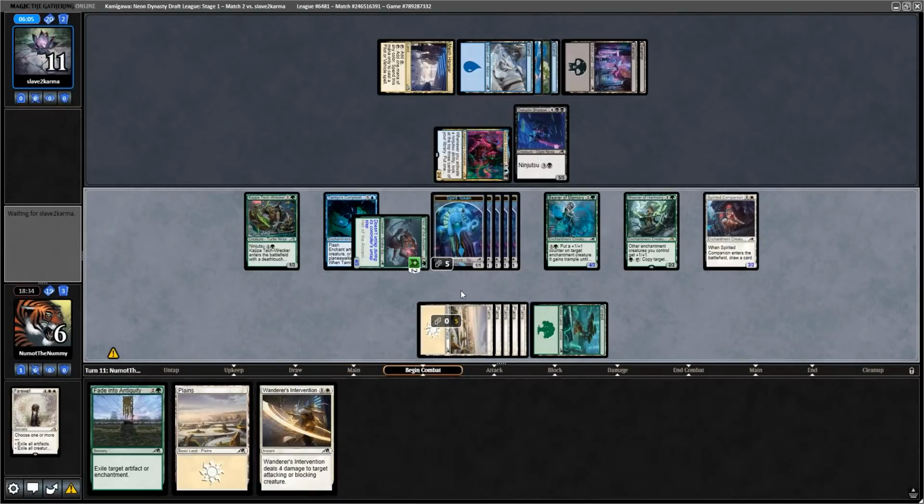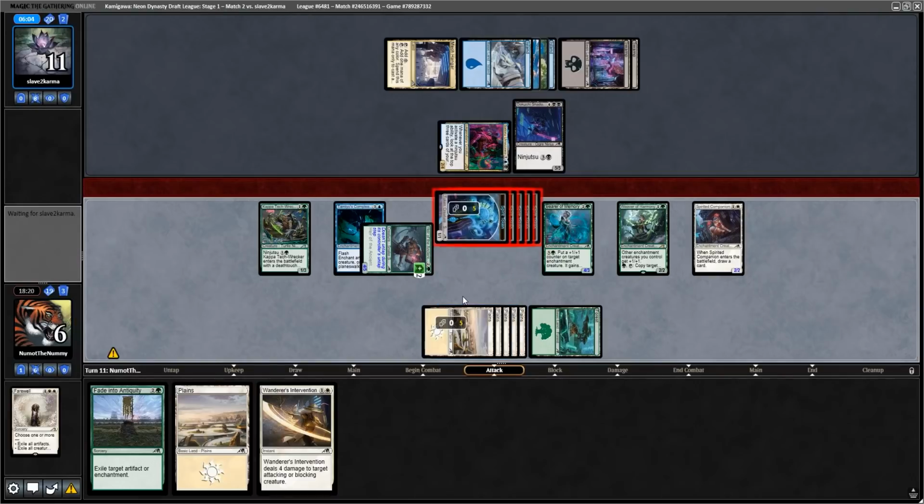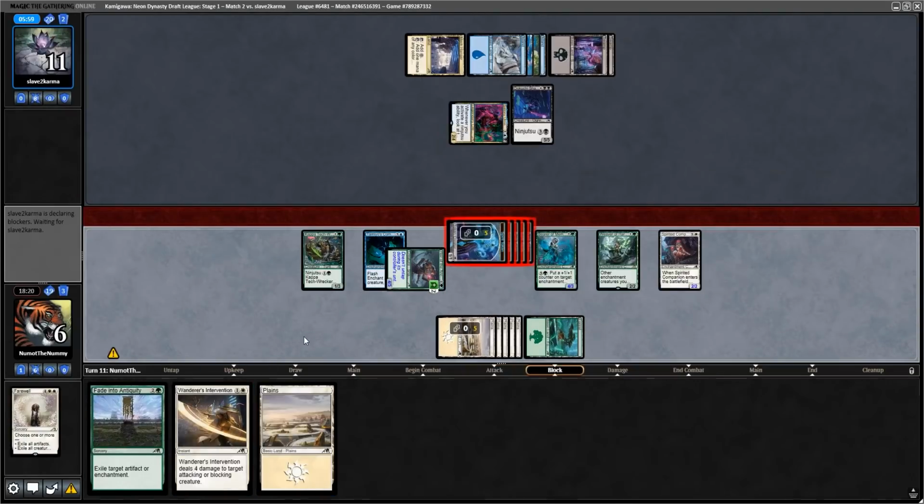Block here, they take 2, 4, 9, 10. Oh, I put them to 1 if I were all attack? 2, 4, 9, 10? Bro. Alright, I mean, I do think it's correct to hit them for at least 4 then, because they don't really have any good attacks. I mean, I can just chump, so...